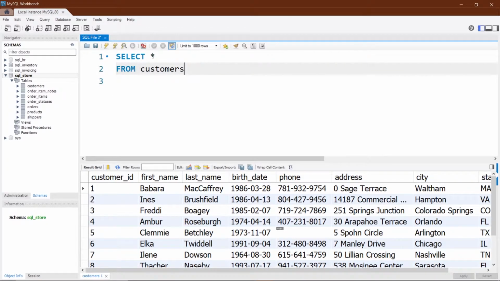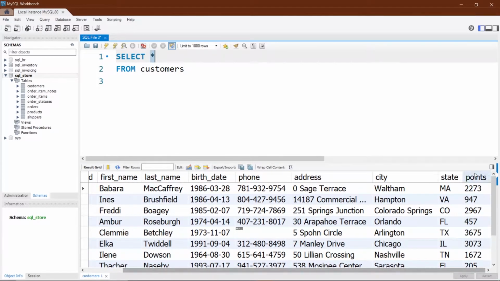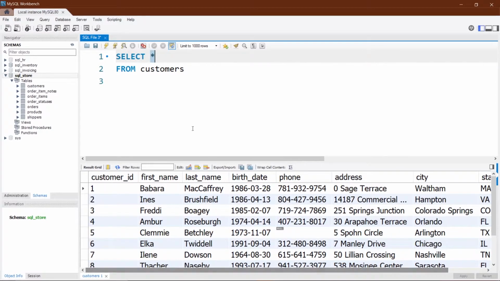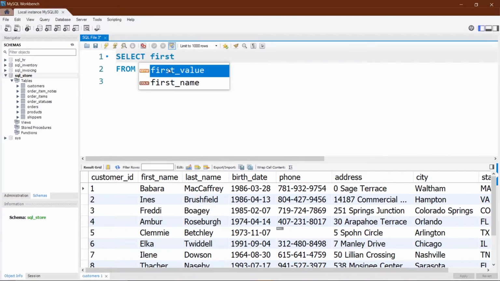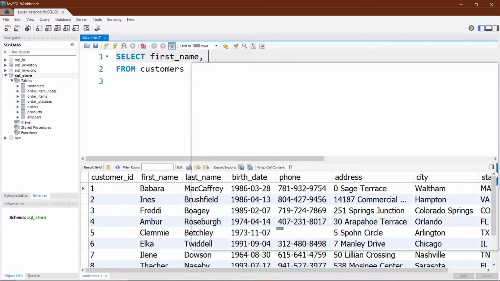Let's say you don't want to see the whole table. Instead, you want to see only the first name and last name and points, or whatever things we have. I'll fetch only the first name, then comma, then the last name, and then let's say I want to fetch points as well.